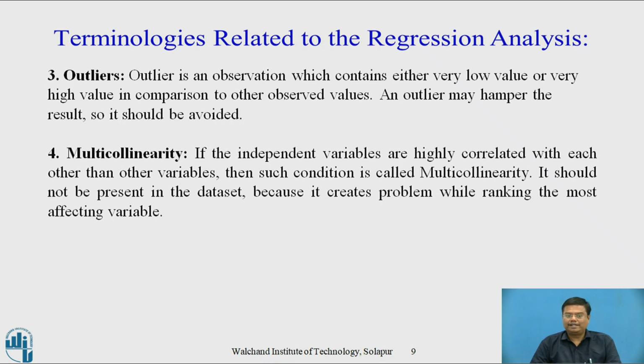Multi-collinearity, it is the fourth one. If the independent variables are highly correlated with each other, then such a condition is called multi-collinearity. It should not be present in the data set because it creates problems while ranking the most affecting variable. That is, the independent variables should not have correlation between them. It hampers the result, that is the target or dependent variable that we want to achieve at the end of the